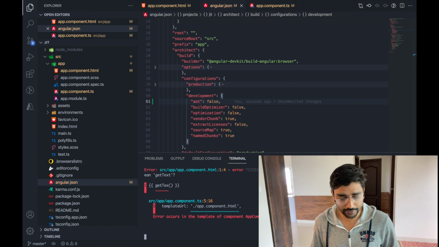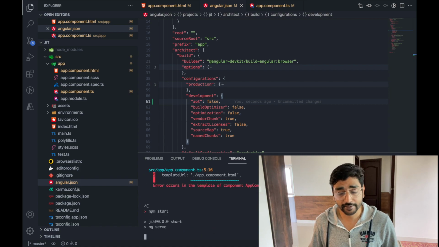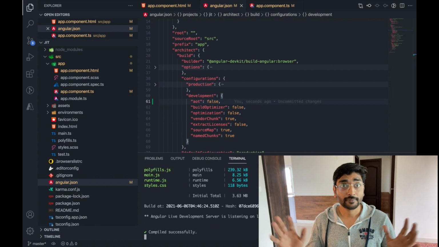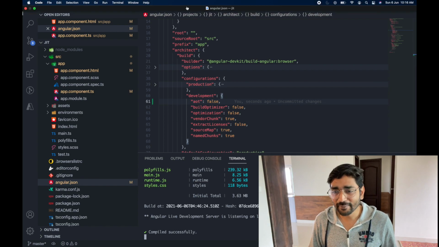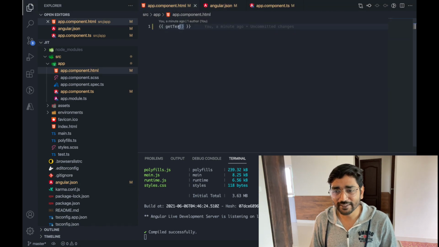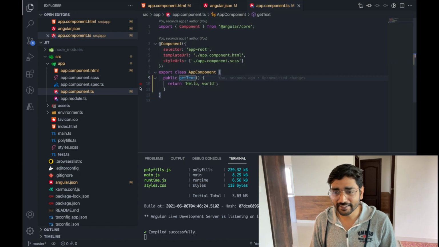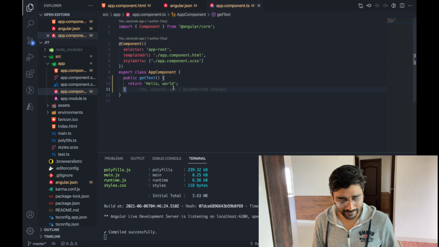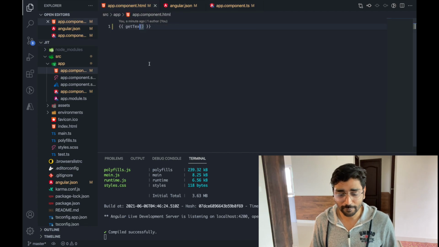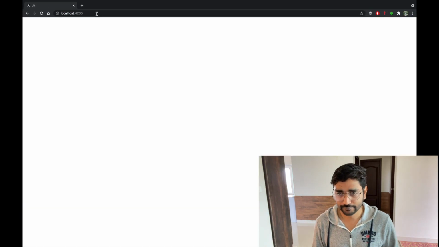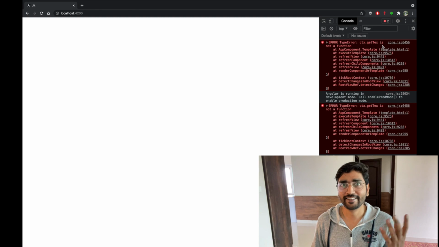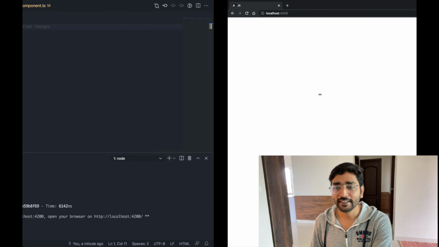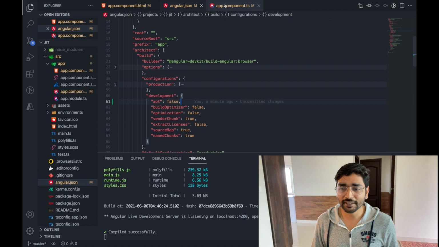Whenever you have changed angular.json, you have to run again. Wow! Compiled successfully. Even though I have made an error here in the HTML, writing tx without t, so we have txt get text here, and here I have already made a mistake, still it compiled, and you can see the error coming up here. Crazy. That's what JIT is, and the difference between JIT and AOT.